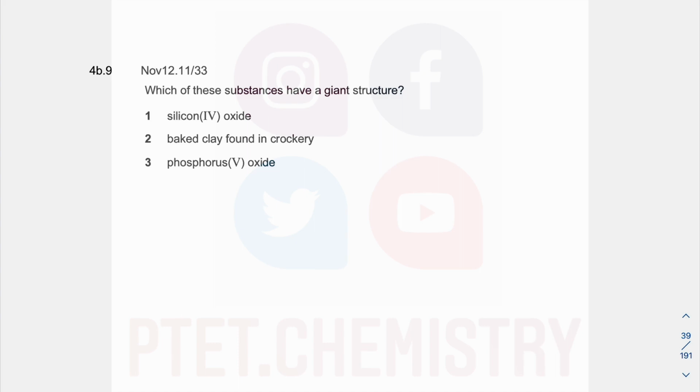In this question 9, it is asking which of these substances have a giant structure. So each of these are in your case study under states of matter. So if we look at number 2, this is bakelite, found in crockery. So these are what you call, I forgot what you call this already, ceramics. Okay, you consider this as ceramics material. Alright, and ceramics are not just one type of material. Many types of materials are also considered ceramics. Example, MgO,